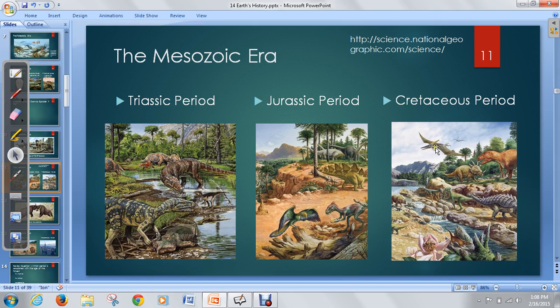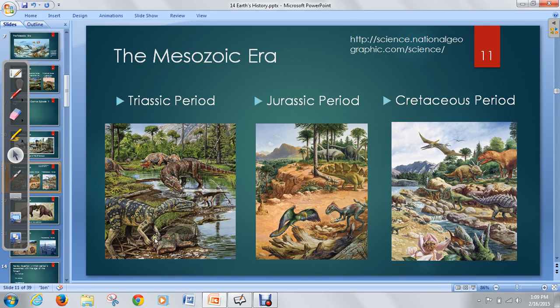And then by the Cretaceous period, you have most of the dinosaurs that you're familiar with, like the T-Rex and the pterodactyl and the Triceratops and so on. If you think of all the dinosaurs you could probably name, most of them would come in the Cretaceous period. Which is funny because the movie Jurassic Park actually has mostly animals from the Cretaceous period, and so it should be called Cretaceous Park. But Jurassic sounds a lot cooler, so that's probably why they stayed with that. But that's the Mesozoic era.